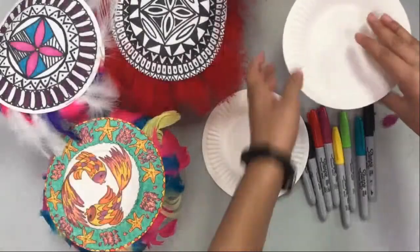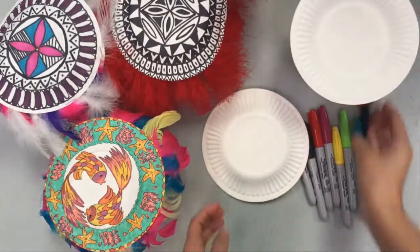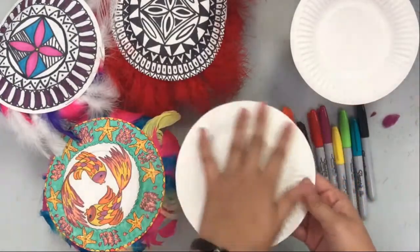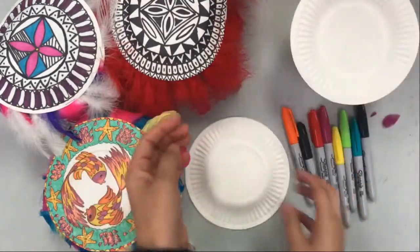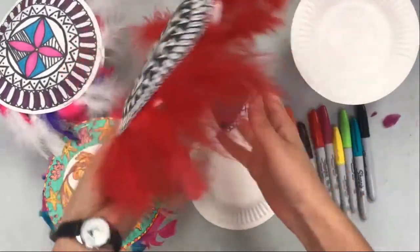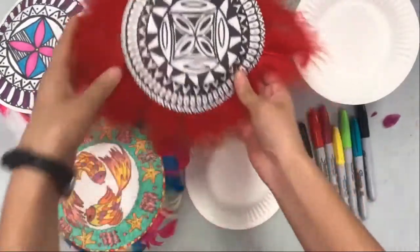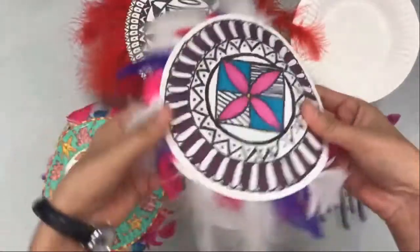While we're waiting for this to dry, we're going to use the time to decorate the top. This will be the top of the instrument. Here you can go more elaborate than the bottom. Try to use either the same color scheme that you used